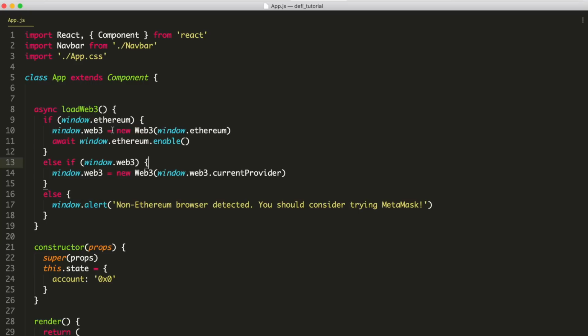So basically what it does, if an Ethereum object exists, we use the Web3 connection that way. If a Web3 object exists, then we use the Web3 provider that way. And if not, we'll say, hey, you need to install MetaMask in order to use this app, okay? So